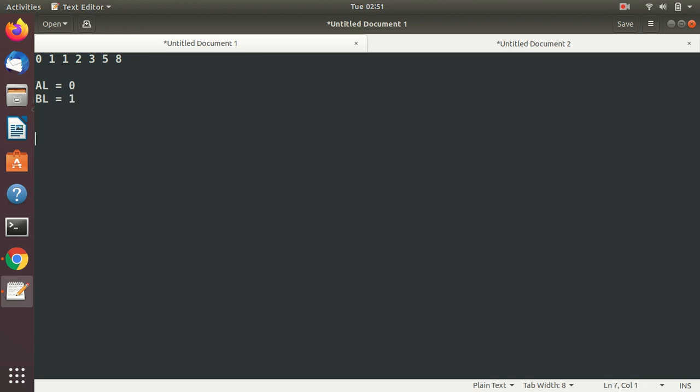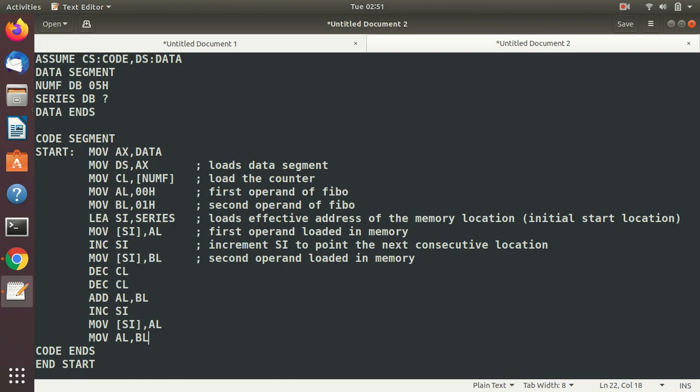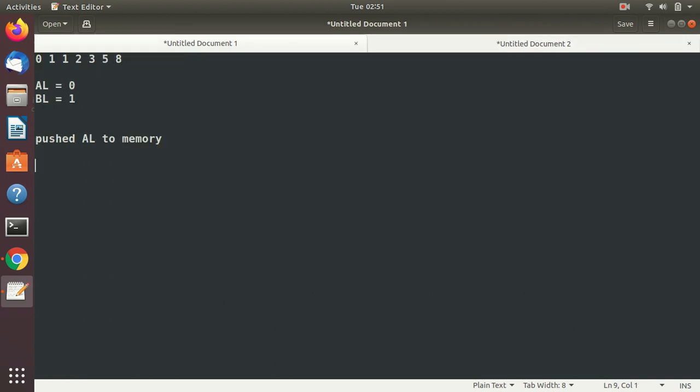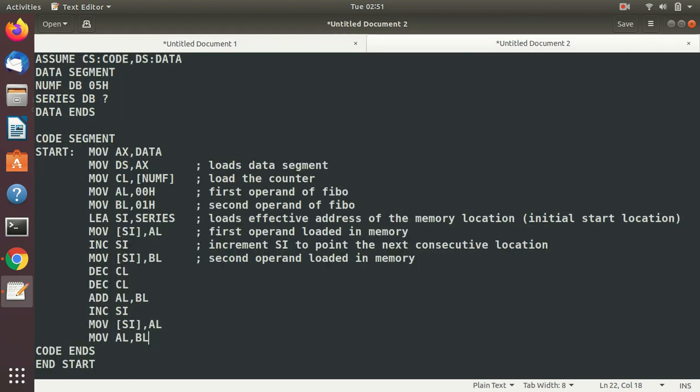Now what you did is, you pushed AL to memory and then move AL comma BL. So what happened here is, you moved this value, so AL is now 1. See here, you moved this value into this register. And now what we'll do is BL, sorry,